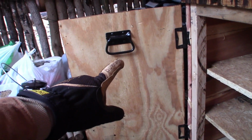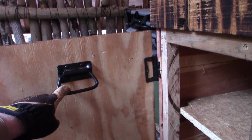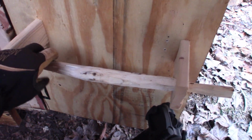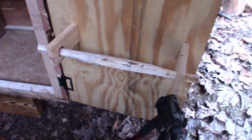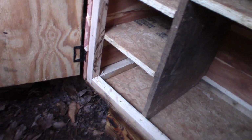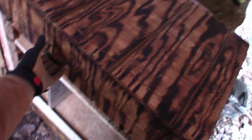Alright, so right here, I hung a little hanger. We're going to put a dish towel right there, just to wipe your hands off while you're cooking or whatever. Over here, we made a paper towel rack. So you put the paper towel on here. We're going to put it right back in there, just like that. Perfect, son. So you have a roll of paper towels whenever you need them. Got 3 smaller shelves, 1 small, long shelf, and then the big shelf where all the pots are going to go. And then we got the piece de resistance,